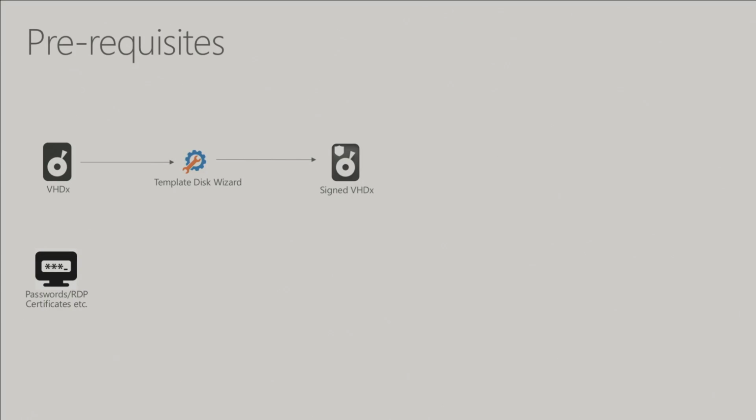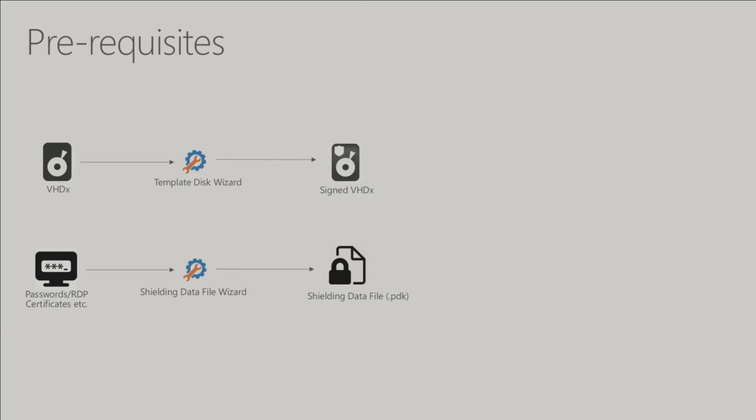On the tenant side, you run another tool called the Shielding Data File Wizard. So what is this shielding data? The extension for this is PDK, so sometimes we refer to it as PDKs. So let's say you're going to create a VM. During VM creation, many times you specify the local administrator password or the RDP certificate. Well, let's think about it. If I'm going to create a shielded VM, but I give the local administrator password in plain text to